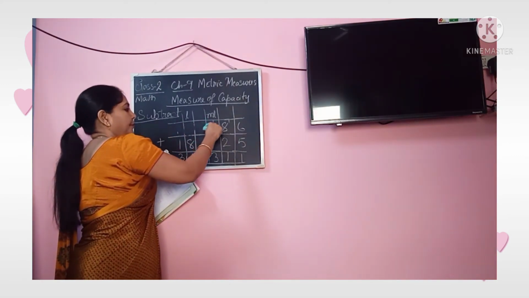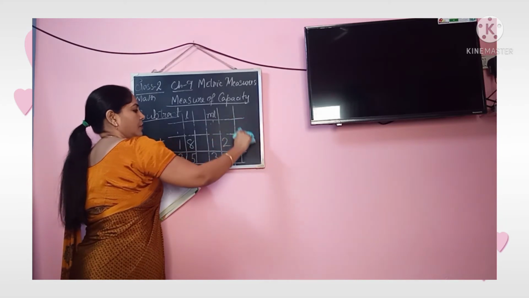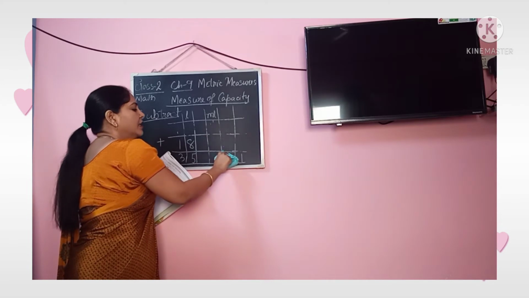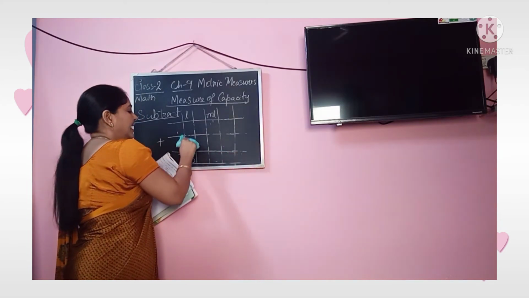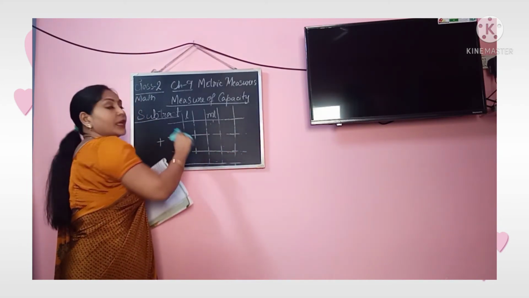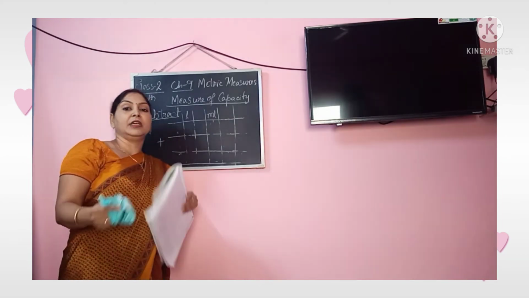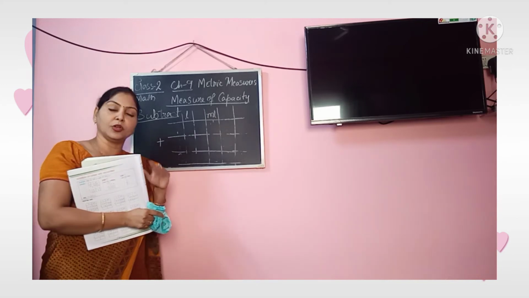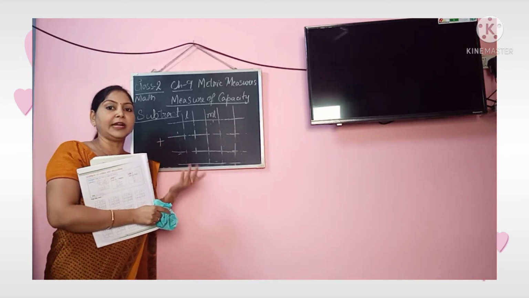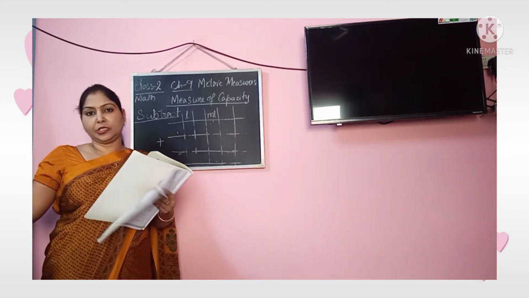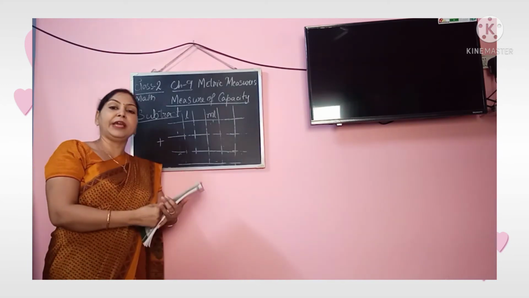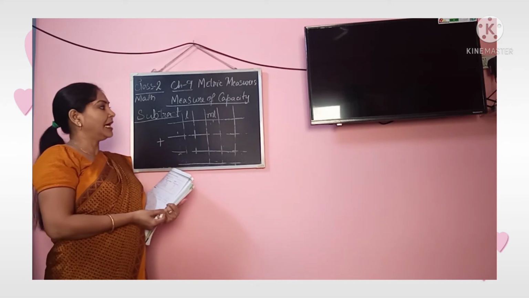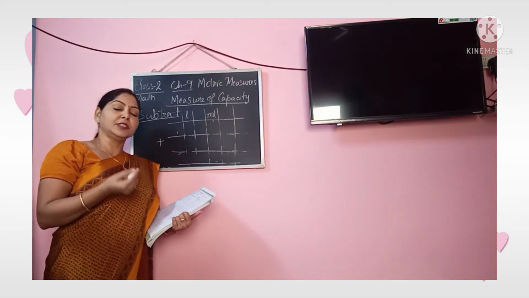Let's see. This chapter is not that difficult. Only the new terms that you are learning are capacity, weight or mass, and length. These are the new terms which you are learning, and you are also learning the standard units: how to measure the standard unit of length, then weight and then capacity. Apart from that, when you are doing the sum, it's all the same.